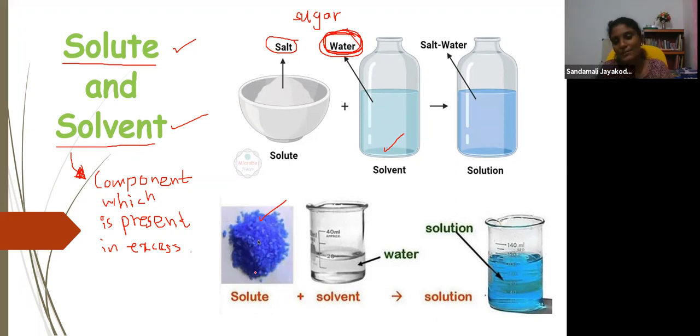Mixing here, we can think of copper sulfate as the solute. So if we take a large amount of copper sulfate and add a little amount of water, and we calculate by a particular method what is the amount of water and what is the amount of